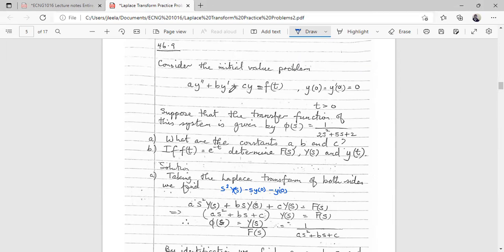And then for this part here, the Laplace transform of y prime will be s Y(s) minus y(0),